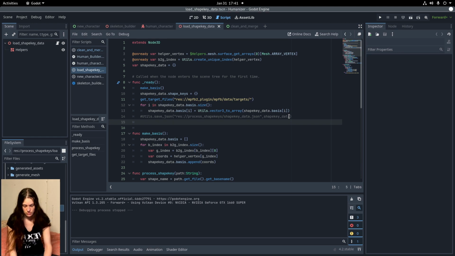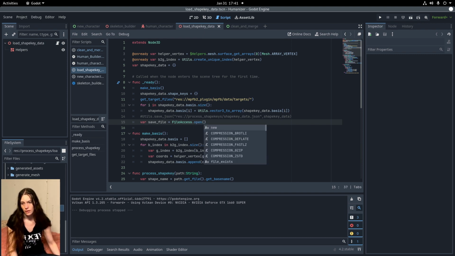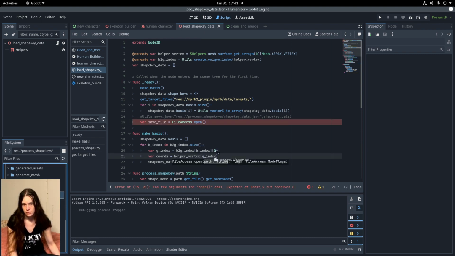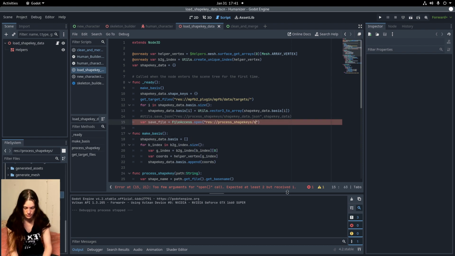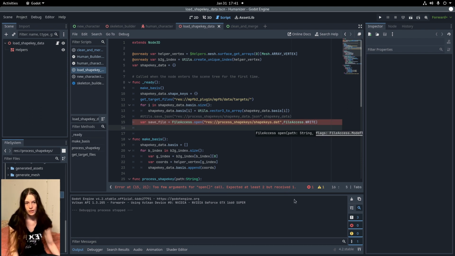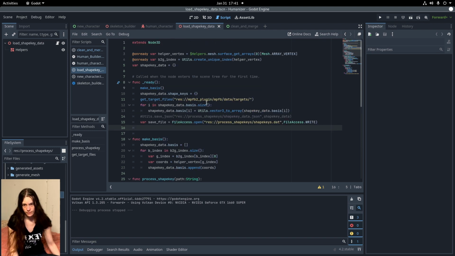So I'll make a save file equals file access dot open, and then name the file shapekeys.data or dat, and then set the file access to write, and then